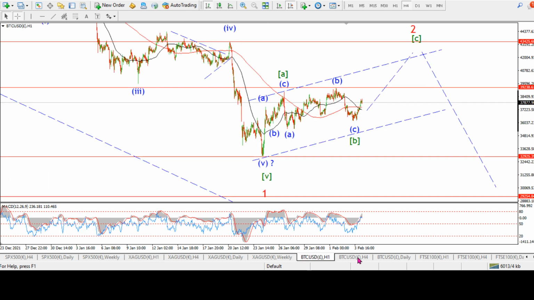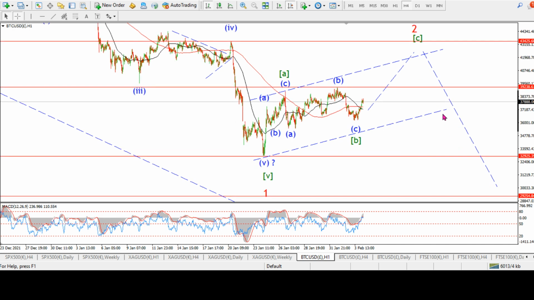This is the hourly count in Bitcoin. This is what I've been working on over the last short while. A 1-2 pattern in Bitcoin. This would be a long-term bearish pattern. Short-term, we've got a little bit more upside to complete before, let's say, topping out wave 2 and heading down